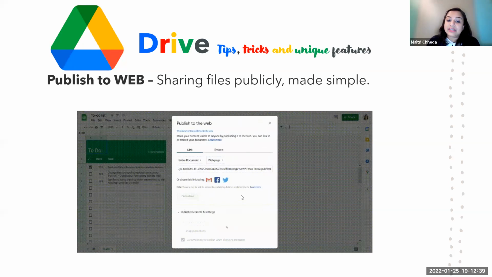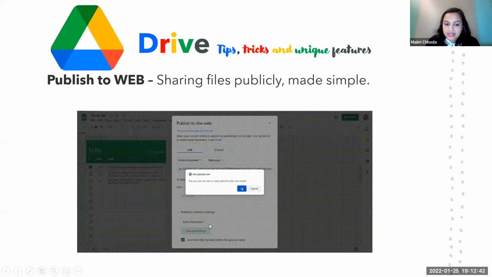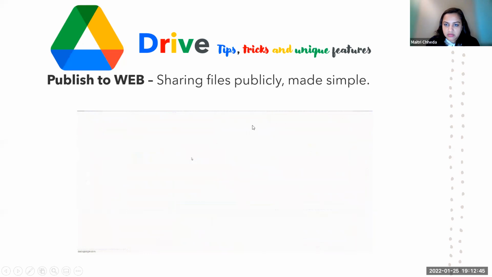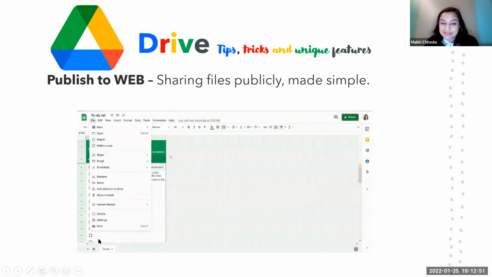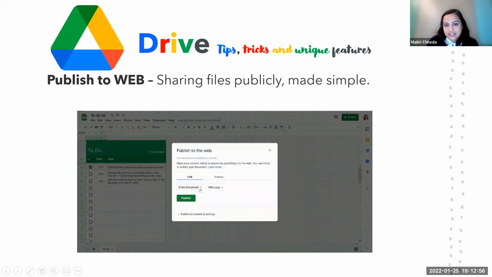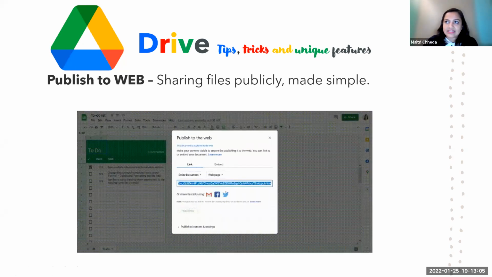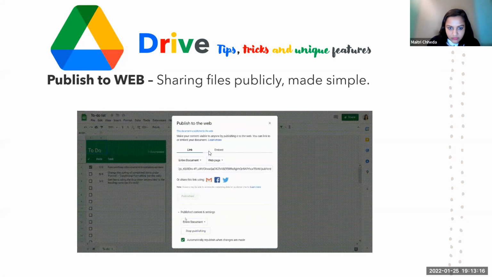And you can later on also edit the viewability. You can decide that if you are sharing an Excel, they don't need to see the whole workbook. They just need to see this specific sheet. So that can be done. Use cases could be anything. You can do it for your audits, you can do it for broadcasting information. You don't need to send out emails, you simply give them this link which they can see every once in a while. And maybe you have this embed option where you take the embedded link and put it in your website, which will constantly be updated. So all this can be done with your publish to web option.